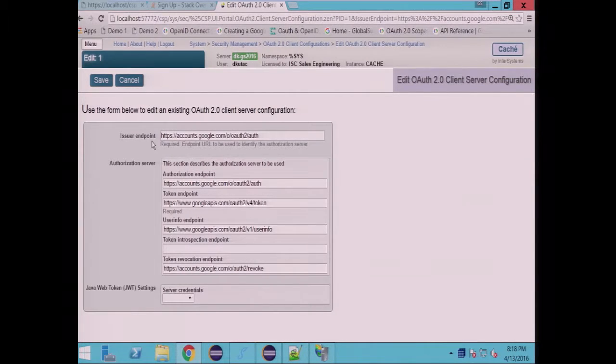And then there are some other endpoints available, functionality available from Google, like authorization endpoint, token endpoint, user info, revocation endpoint, and so on. All these can be found at Google pages, so you have to search for the endpoints on Google. But once you find them, you simply put them here into the configuration, and then